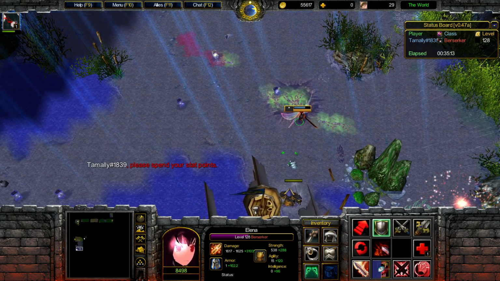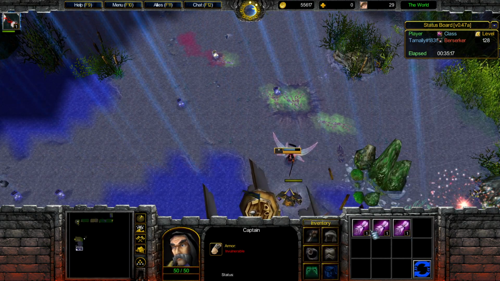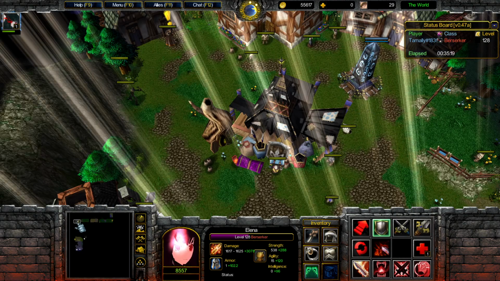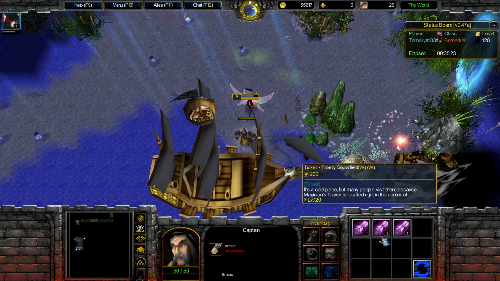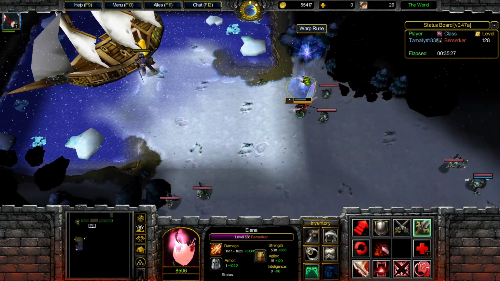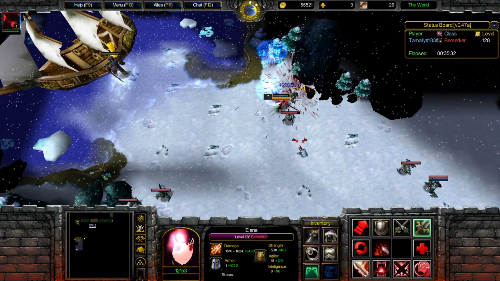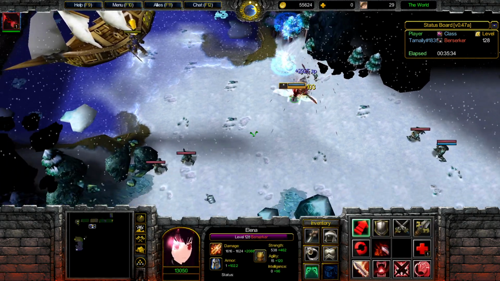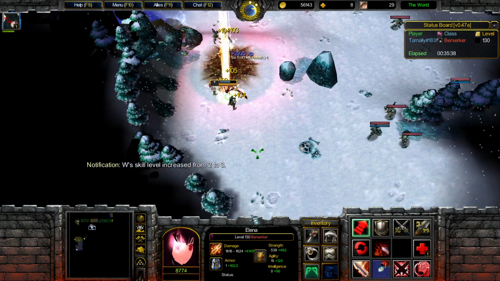Spend our stat points. If we head down here to this guy, we can take him to teleport to some of these areas, or in that teleporter back in town, if we were here, we can teleport directly to these areas as well. But we're going to go to the Frosty Snowfield. You can see right up here we have the teleporter, so if we wanted we could teleport around using this as well. We'll start killing some of these enemies. We're going to really just skip